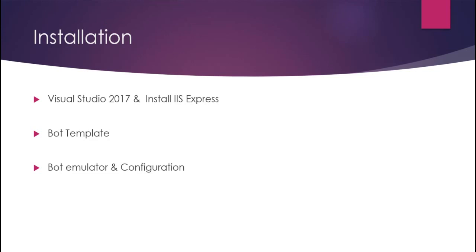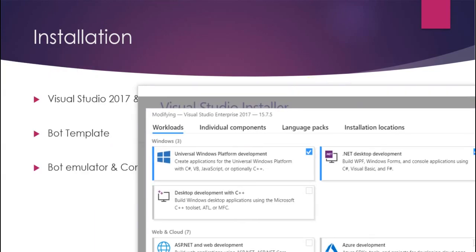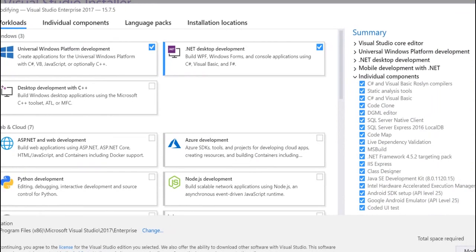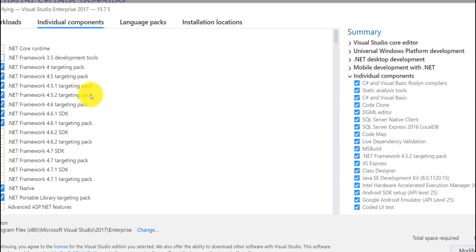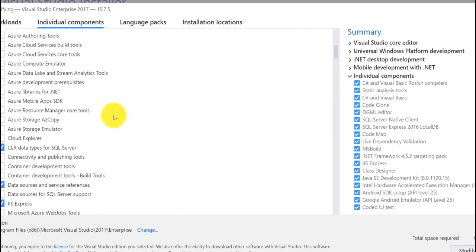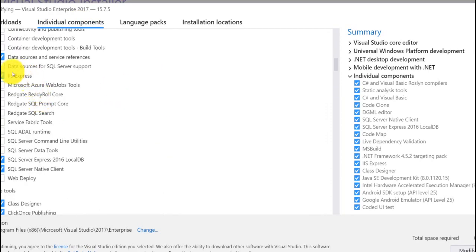So next, one second, I go back to Visual Studio installation. So here you can, yeah, now it's visible. Here you can go to the individual components. By default it won't be selected, you have to select it. Here you can select this area, IIS Express. So once selected, installation,